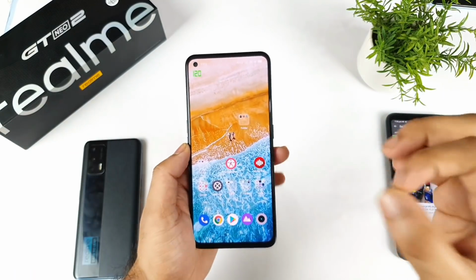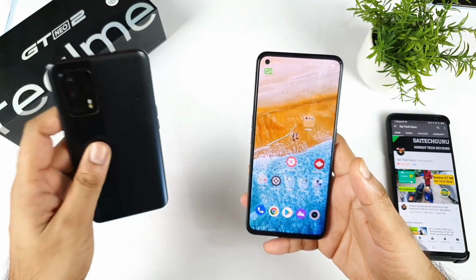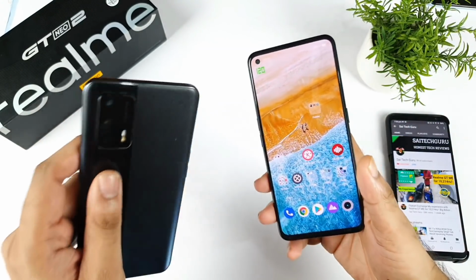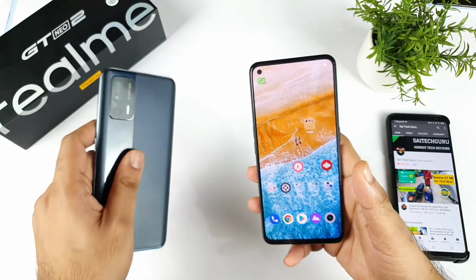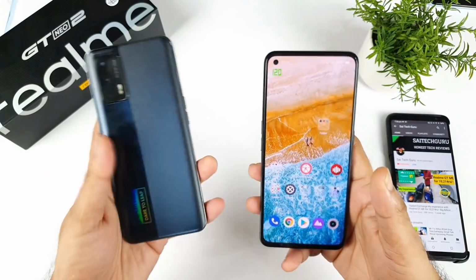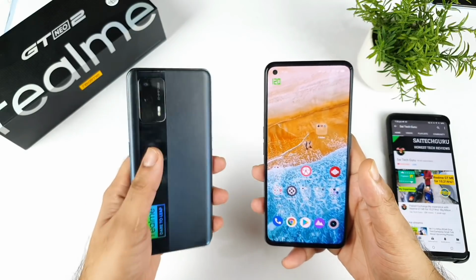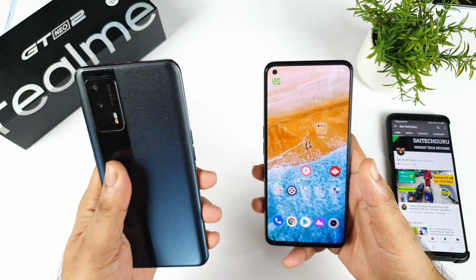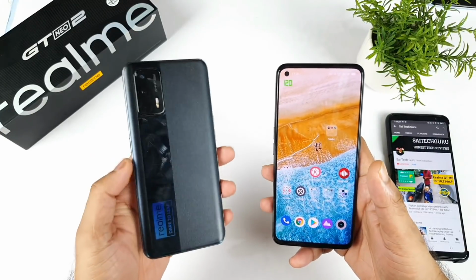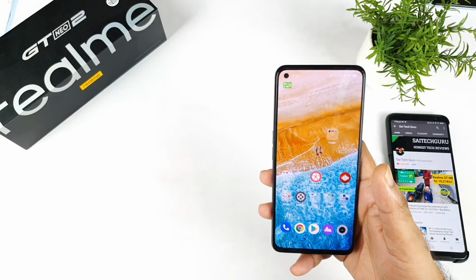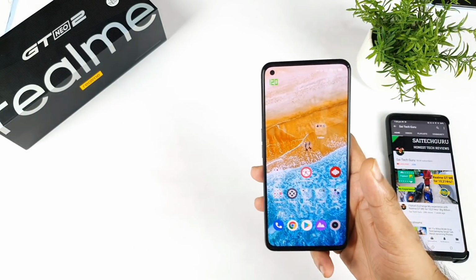The same problems the Realme X1 Max has, even the Realme GT Neo 2 has. This has to do with the Realme UI optimization. On both phones the hardware is really good, but the software optimization is not that good, not great at all. That's my concern. I'm not sure whether they'll improve it in the future. So I'll try to explain, friends.